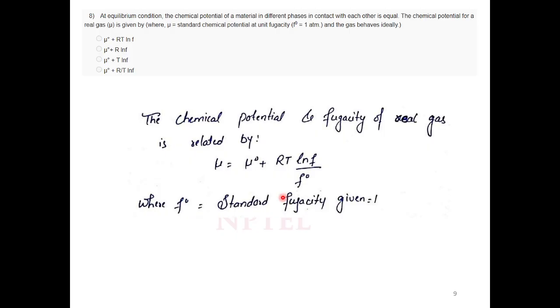So here mu equals mu 0 plus RT ln f by f0. This f by f0 should be within the ln value, and from there you can say that overall f by f0 will be a unitless quantity, right? So it is standard, and the standard fugacity of a gas is 1, right? So for the ideal case, the answer will be